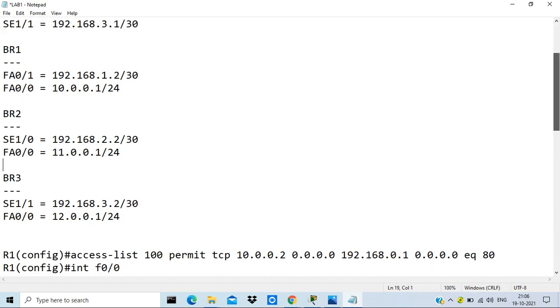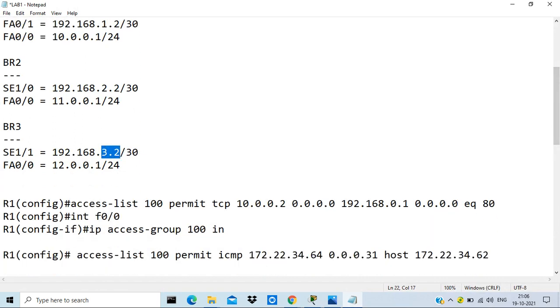So the last one is branch 3. It is AC 1/1.